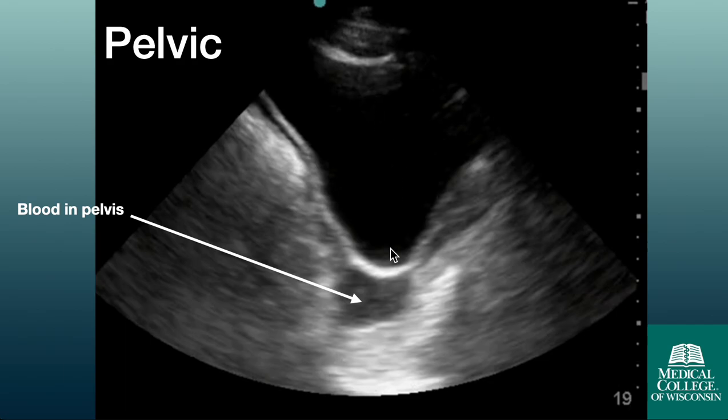So here's what you might see in a positive exam. You see the bladder here, and then you see just inferior to the bladder, or posterior in the patient, or cephalad, you see free fluid in the pelvis. So this would be an indication of free fluid or potential blood in the pelvis in a patient who sustained